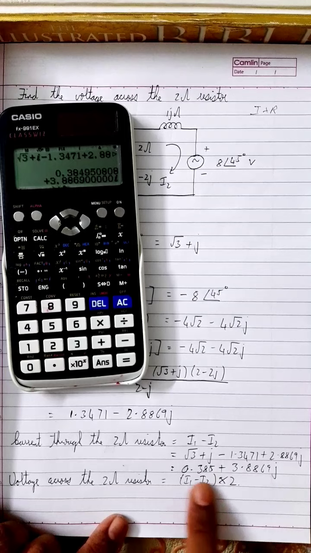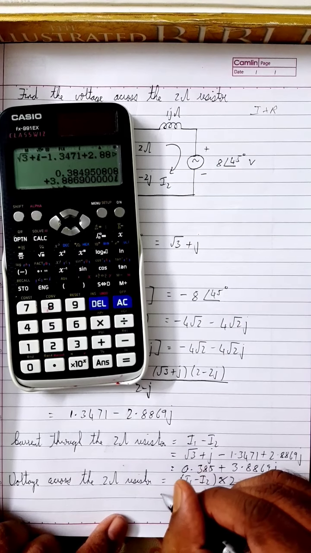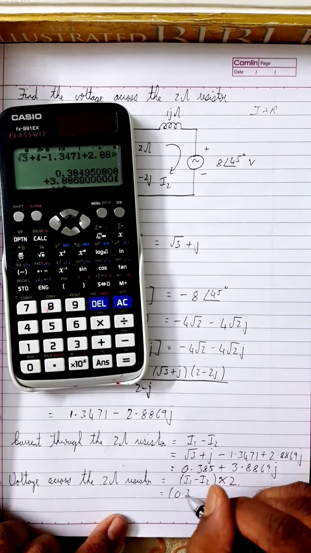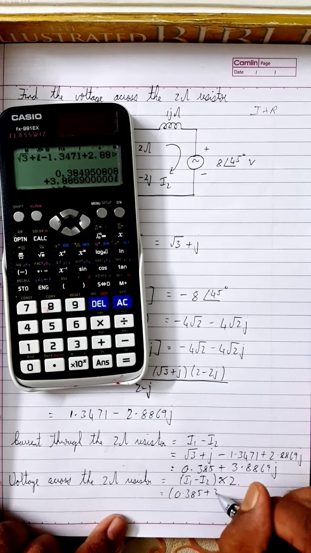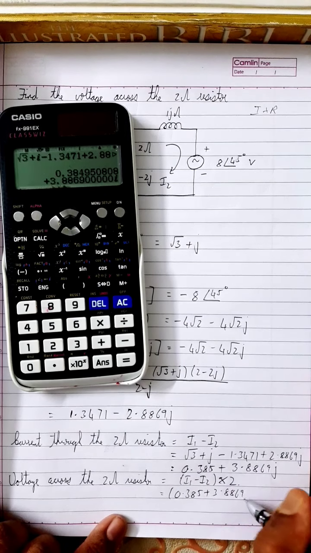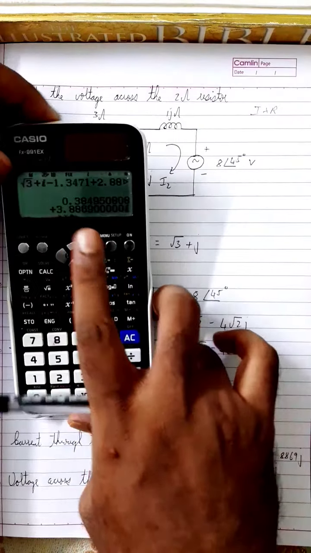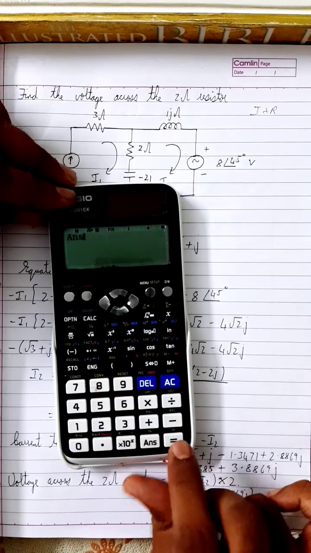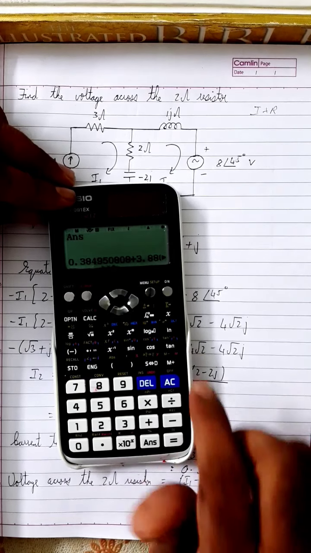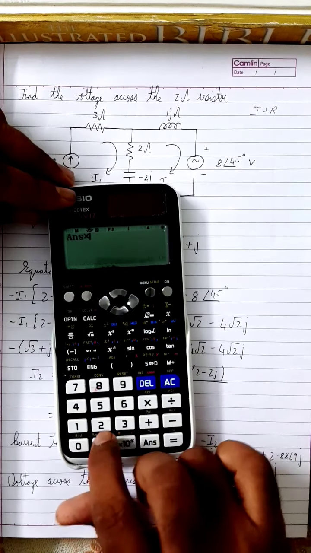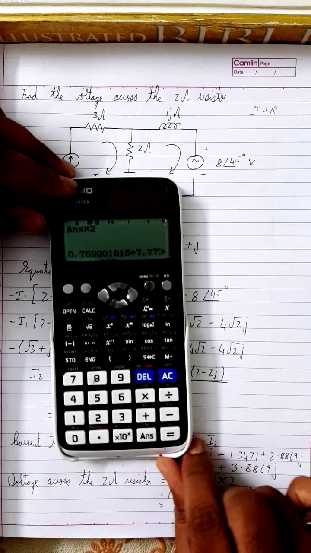This is the voltage, so which means this answer into 2, (0.385 plus 3.8869j) into 2, and you will get the answer. So this into 2 is enough, right? So this into 2, and you will get